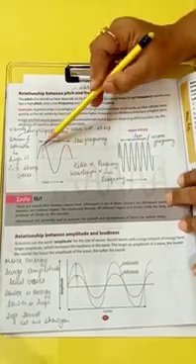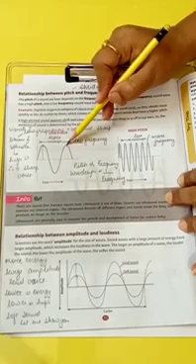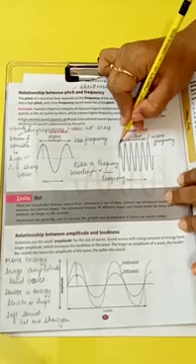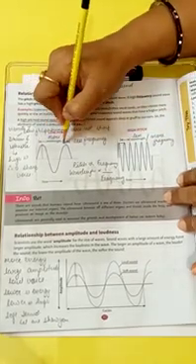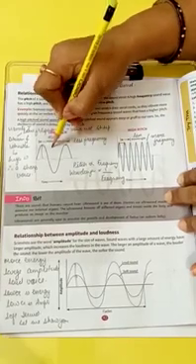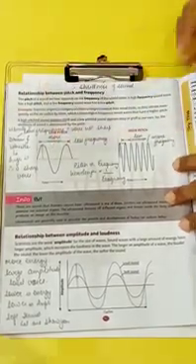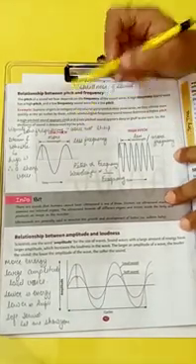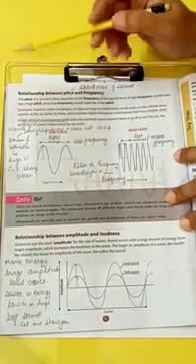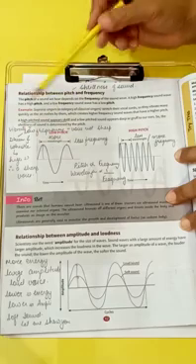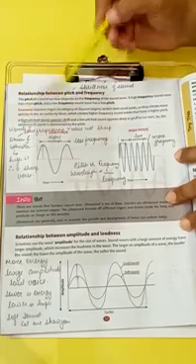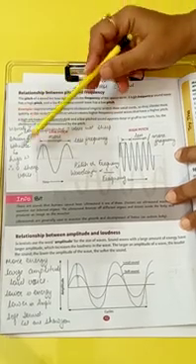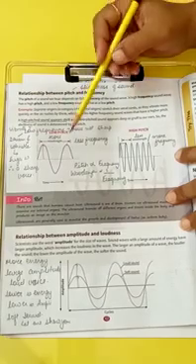Now you can see the wavelength, the distance between these two crests, is more in the first case than in the second case. Here the frequency is lower and here the frequency is high. So a high pitched sound is produced when frequency is more and a low pitched sound is produced when frequency is less. You can compare the sound of a drum and a whistle. The drum vibrates with a lower frequency, so the sound is not very sharp, whereas the whistle vibrates with a very high frequency and a very sharp sound is produced.